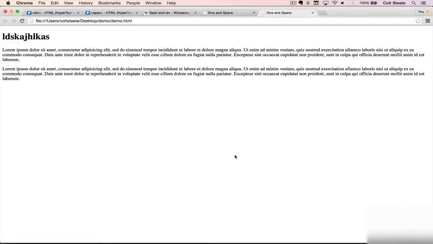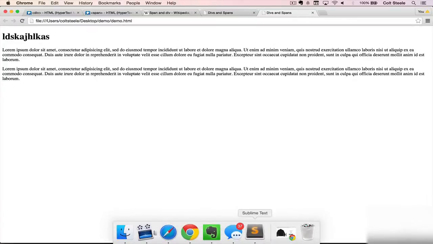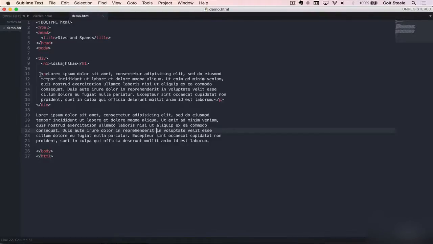So that's a div. A span, on the other hand, is also a generic container, but there's a key difference. So let me start with an example here. Let's say I wanted to highlight some of these words right here. Ipsum dolor, whatever. I want to make this yellow rather than black. So the rest of the text is black, but I want to highlight this as yellow and make the font bigger or something. Again, we don't know how to do that yet. But the idea is I would need a tag around this. And if I put a div right there, which is a generic container,